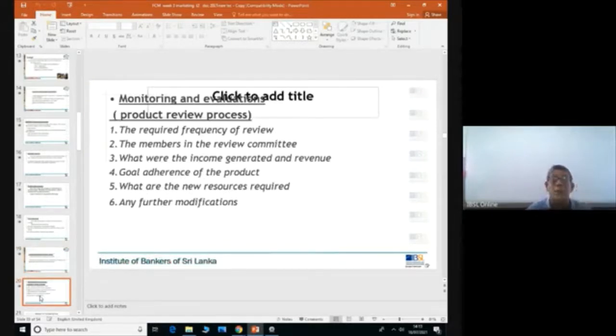Once you introduce the product, what happens most of the time is that afterwards we abandon the child. So we do not follow it up. And it is a good job